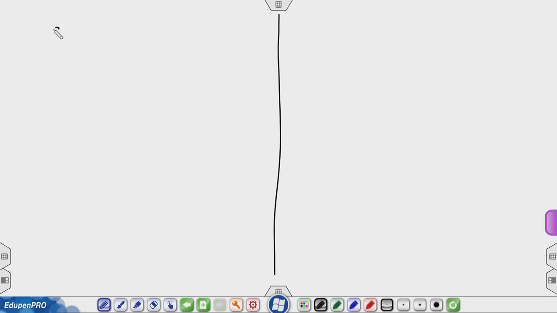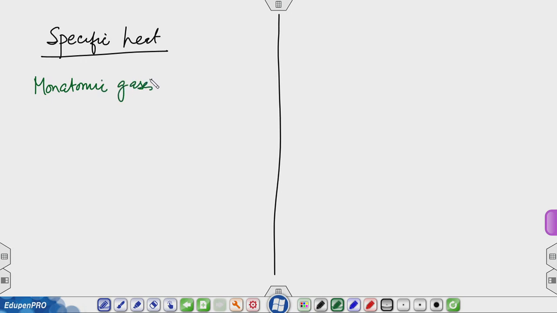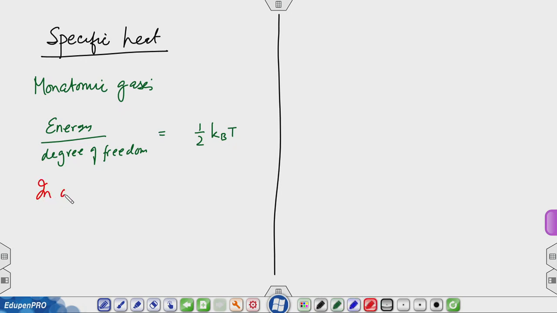So, when we talk about specific heat, let me start with monatomic gases, where you take energy per degree of freedom, because this is precisely how we are going to build things out here also, which comes out to be 1/2 kBT, and then you have in 1 mole Na atoms, where Na is Avogadro number,